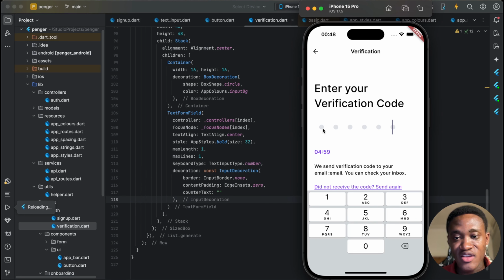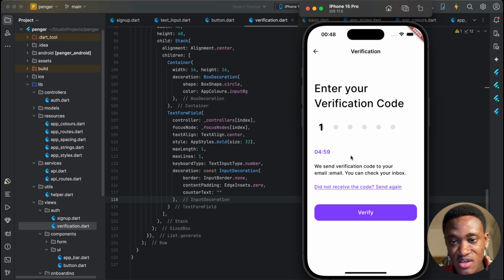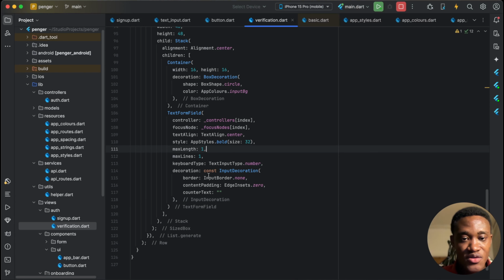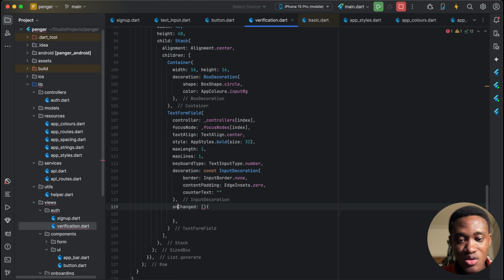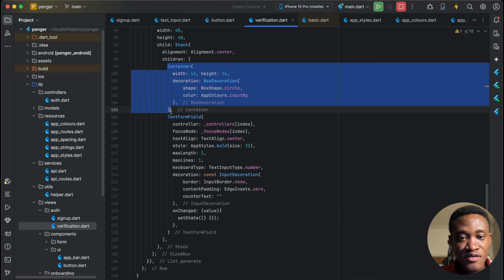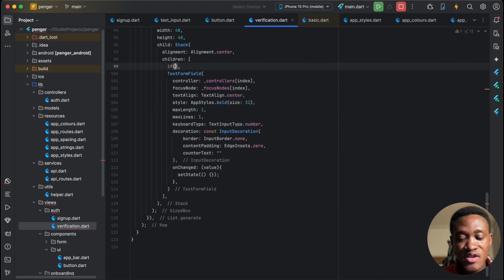Okay, now the next thing is when the user types 5, we want to move to this one, right? And we want to also hide the circle behind. So right now you can see there's a circle behind. Let me just use one and realize around the one there's this. So what we are going to do is, we have the value unchanged. Here we are going to just set state. We're just going to trigger the set state, and then over here we're going to say that if the